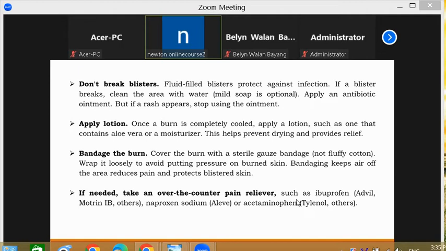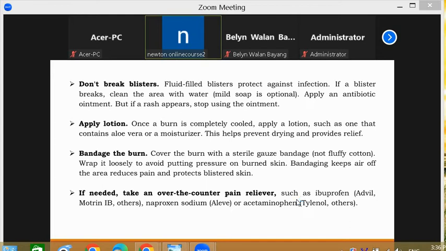Okay, in case the blister is broken, how do we clean it? You have to clean it with water. Soap is optional. After washing, you have to apply the antibiotic ointment. If after applying the ointment, rashes start coming on that area,